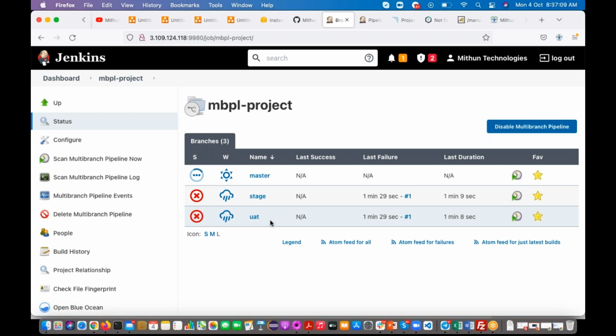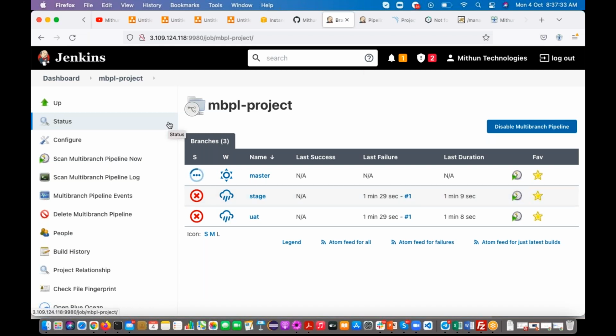No deployment, okay. So whatever the developer develops, for that code we need to do the build. Once the build is successful, if he feels everything is good, he is going to create a pull request and they are going to merge it to the development branch. Okay, one development branch is there. So now I want to enable that